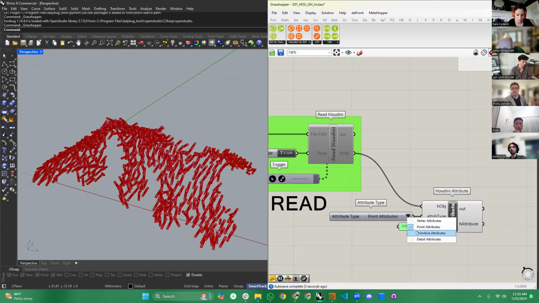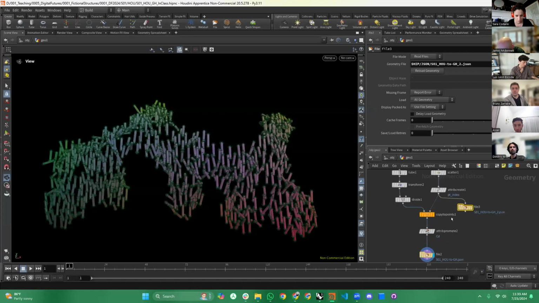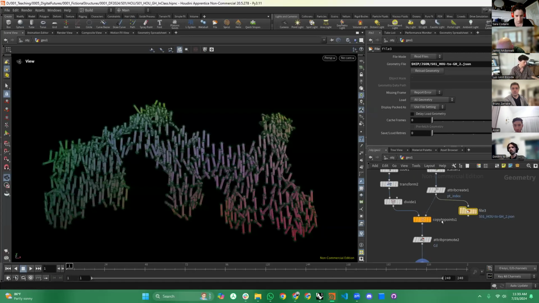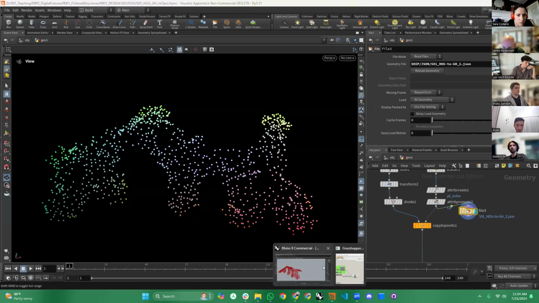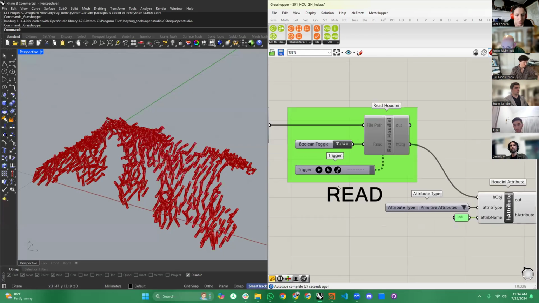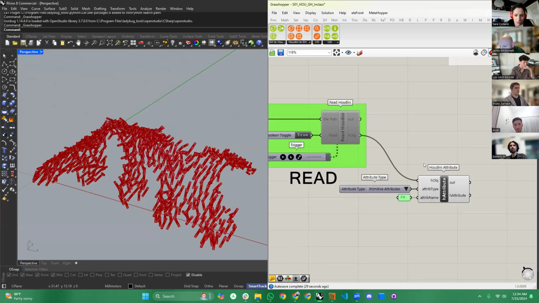So the point attributes are coming through, and the primitive attributes probably not, because I don't have this in the file at the right time. Get that out of there. Save that file again. Grasshopper. I reloaded this file, and